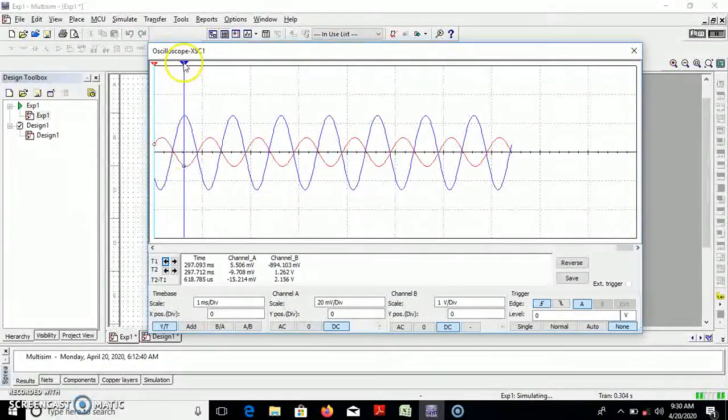That's why once you move this cursor, this specific point will move over the red color signal. By clicking on the blue color, it is going to shift from red to blue. I require to measure the peak value over here and the negative peak value over here, and by subtracting these two you can get the peak-to-peak value. In this bar you find one control T1 and another control T2, and it is going to display T2 minus T1, the difference between these two.